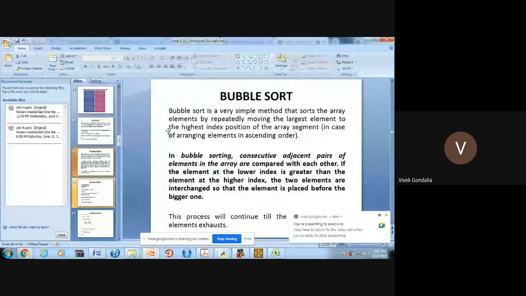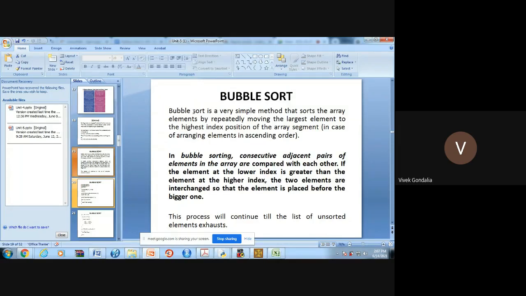So we will see the first sorting method, that is bubble sort. I insist that if you are learning bubble sort, before that please visit one or two videos of bubble sort on YouTube. Just search for bubble sort explained with example, and you will get so many animated videos that will clear your picture about bubble sort. I will also give you the explanation, but you will enjoy these videos. So please try it, and after that, start learning bubble sort.